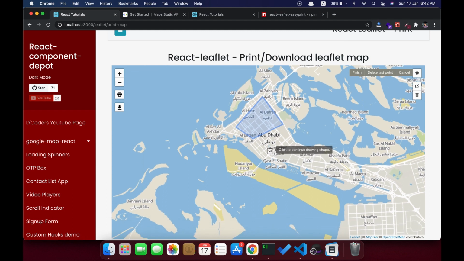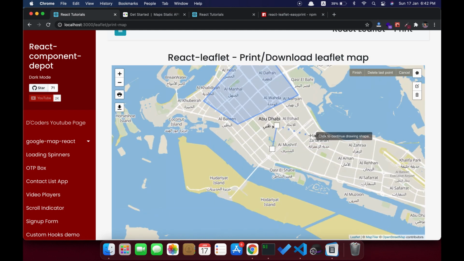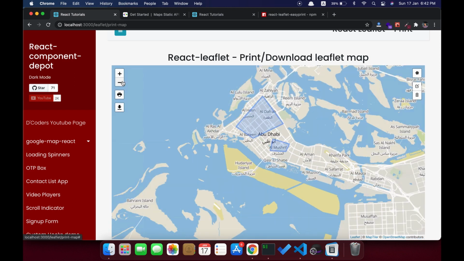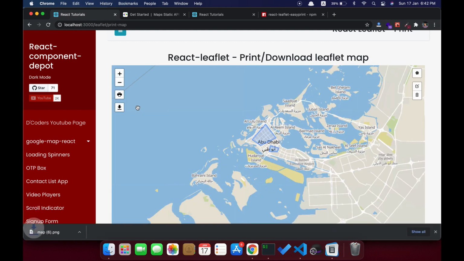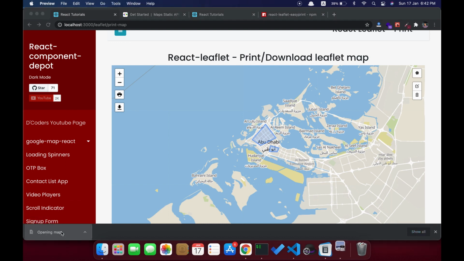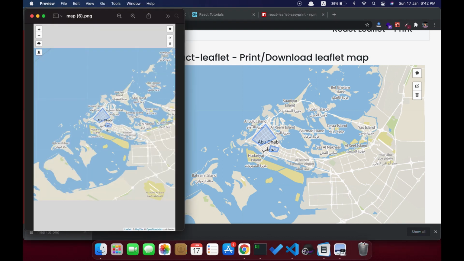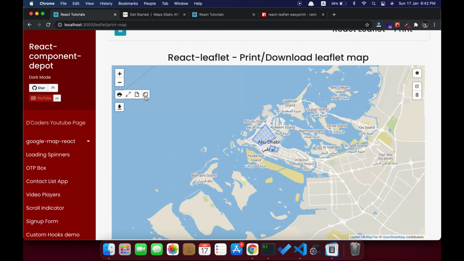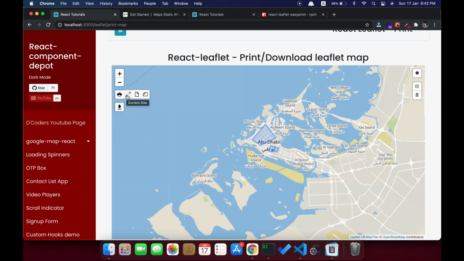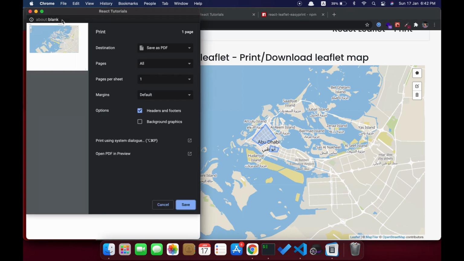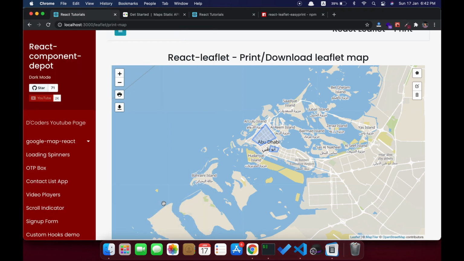Now I'm going to add additional shapes inside that, and I'm going to zoom out a little bit and see if everything is captured as we see in the map. So I'm going to download this now. So let's say the portrait mode should capture all the data that we see right now, and the same goes with the print option. So here you can see the landscape version of that, and you can print it, or use the full scale fit into the screen options.